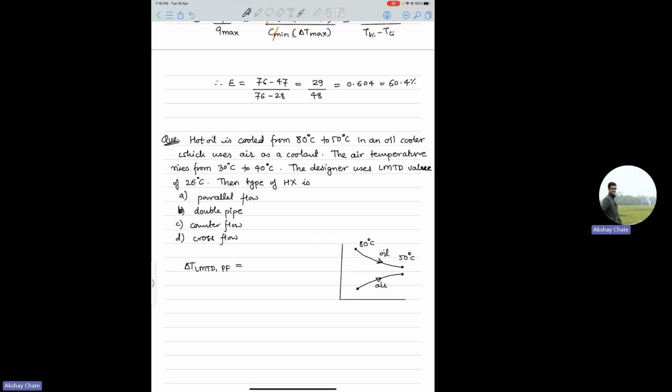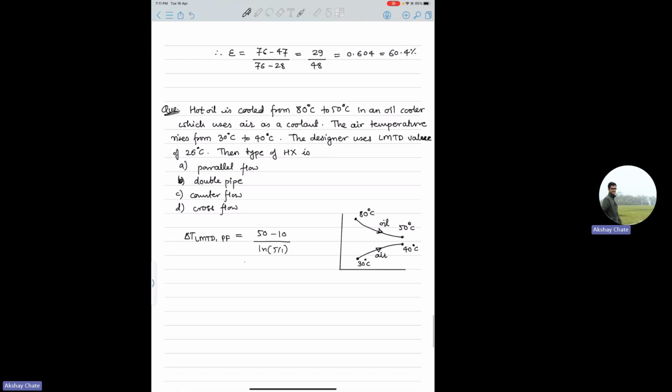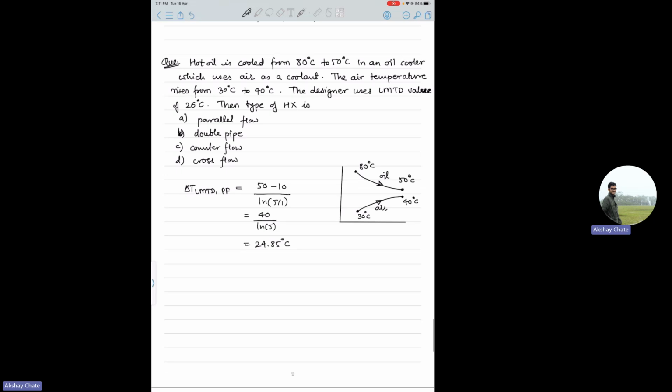This is your air, which is getting heated from 30 to 40. So now your LMTD will be delta T at the inlet, 50, minus 10, over ln of 50 by 10, whatever you want. So basically it is 40 by ln 5. Then if you do that, you should get 24.85. Okay. And similarly, you can calculate for